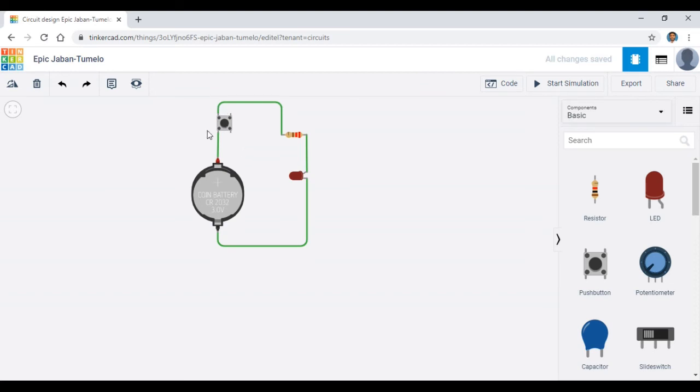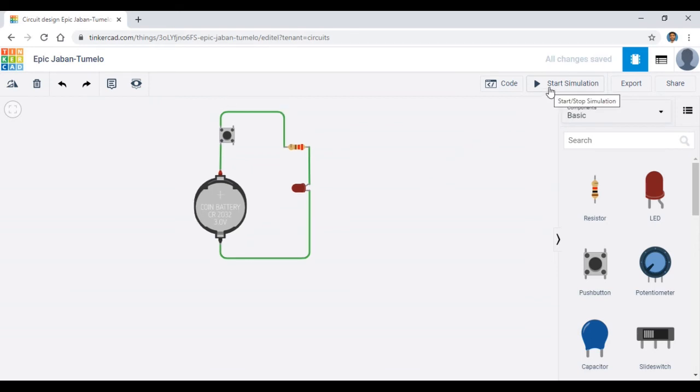When we are not pressing it, the LED should be in the turned off state. At present I am not pressing this and have not started the simulation, so the LED is in the off state.